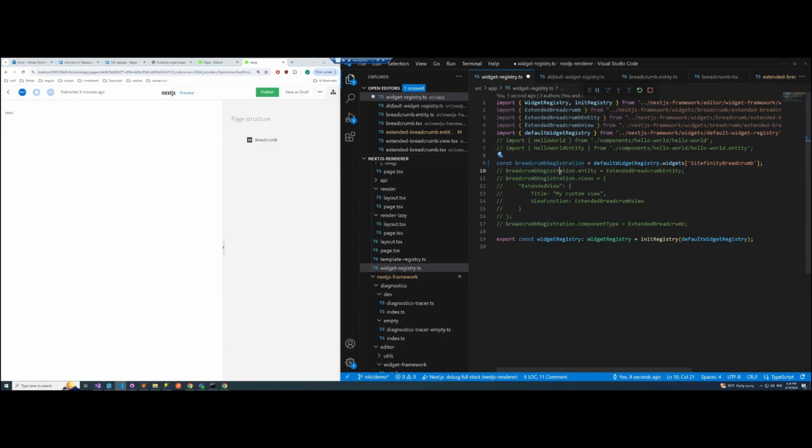And in this registration, what we want to do is replace the entity that comes out of the box from the solution, which is the breadcrumb entity, with the entity that we have just created, the extended breadcrumb entity. And then we initialize this registry. This is all we have to do. After we save,